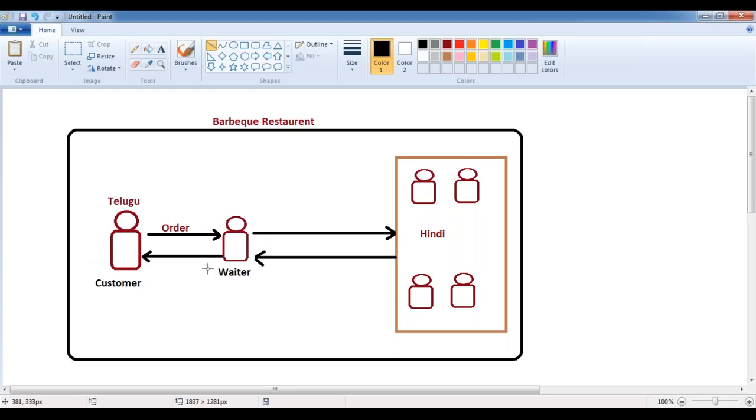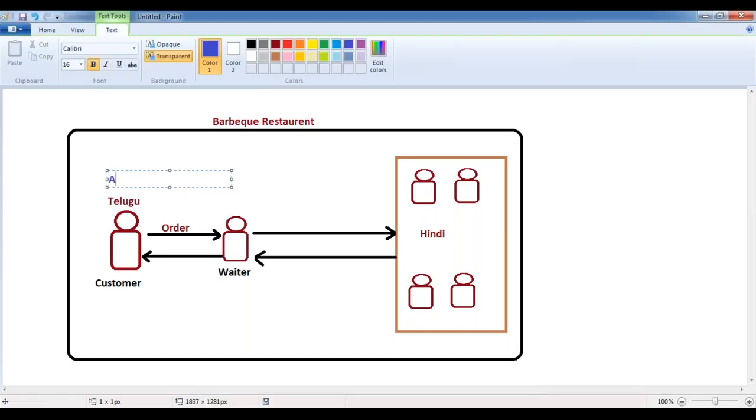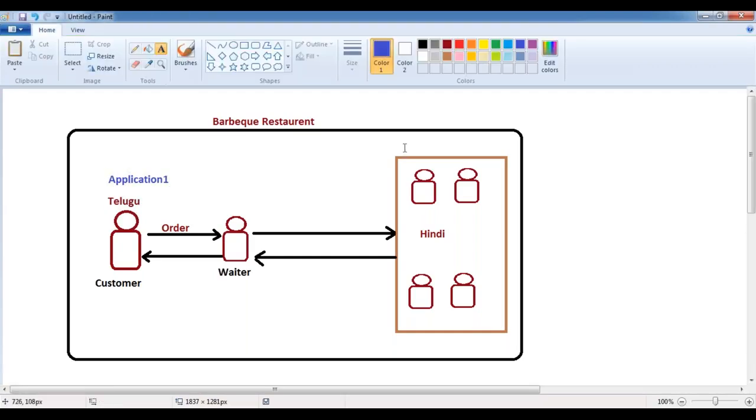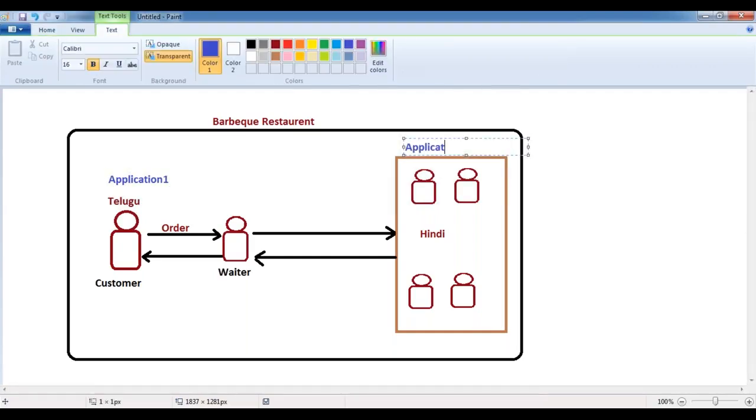In a similar way, when two people want to communicate with each other, we introduce a mediator person called a translator. For example, assume that these are two different applications. This is application one, and this is application two. So how do the two